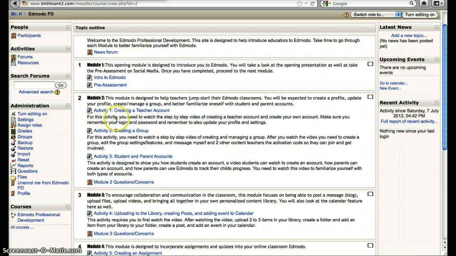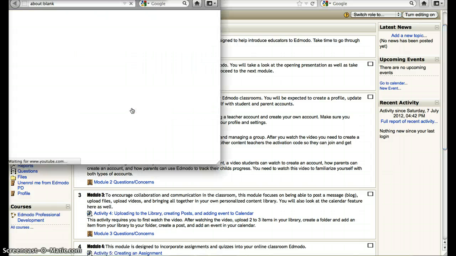So you see here for this activity, you will need to watch a step-by-step video of creating a teacher account and create your own account, and make sure you remember your login and password, and remember to also update your profile and settings. So if you click on this, it's just going to take you to a YouTube video,